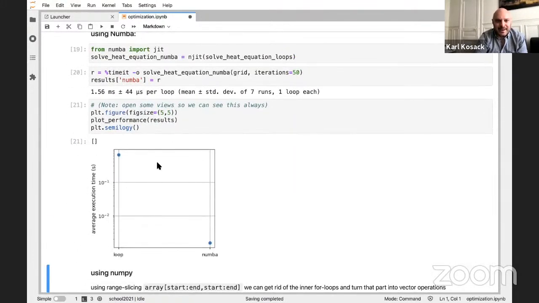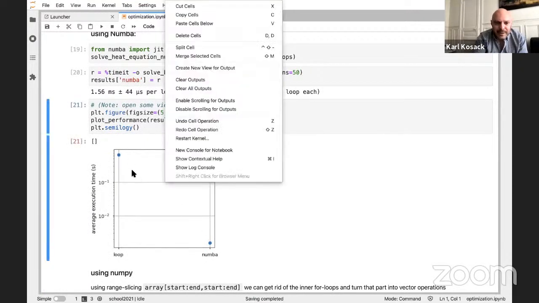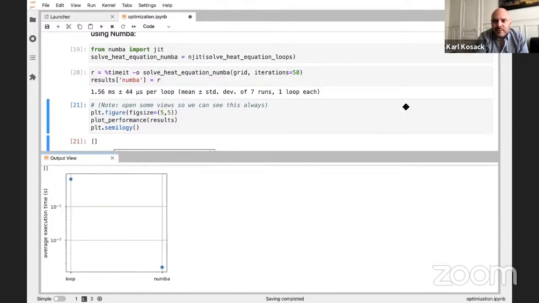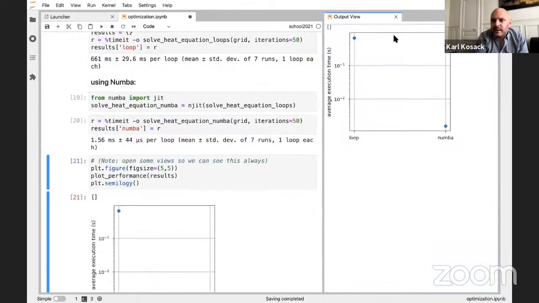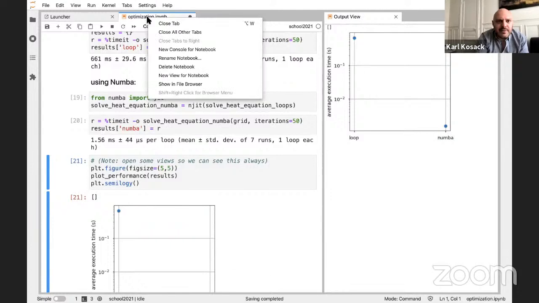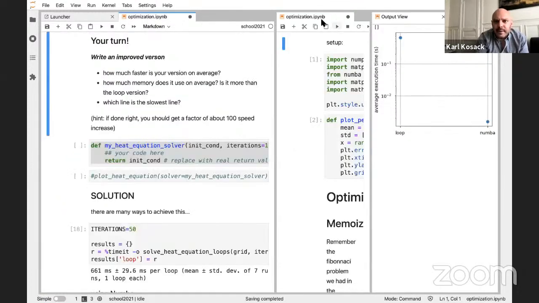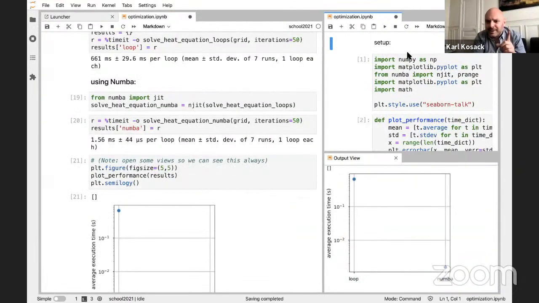So here's my plot now. And what I'm going to do here, I'm going to right click on this. I don't know if this is a trick you might not know. In Jupyter Lab, at least, you can't do this in Jupyter Notebook, but in Jupyter Lab, you can say create a new view for the output. And I'm going to put that over here. And I'm also going to take this notebook itself and make a new view for it. And I'm going to put that below it. Maybe I'll put it above it, actually, because you probably have me blocking you right there, right?